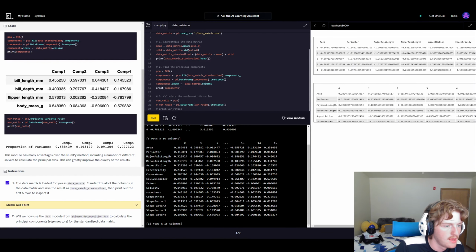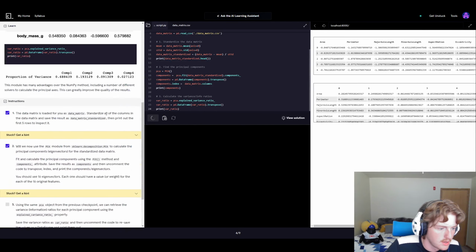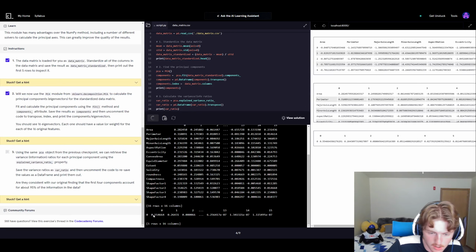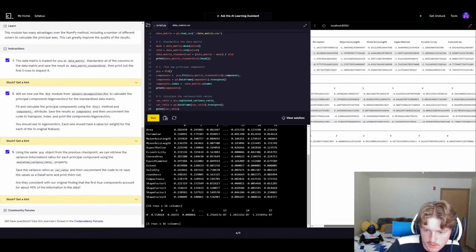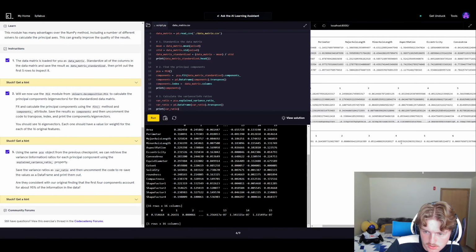just set it equal to PCA dot explained variance ratio element. And then again, we will transpose it and we can print it out. And we should be able to see that once we get to 4 features,